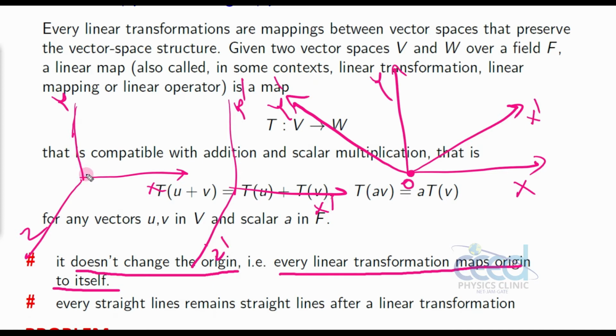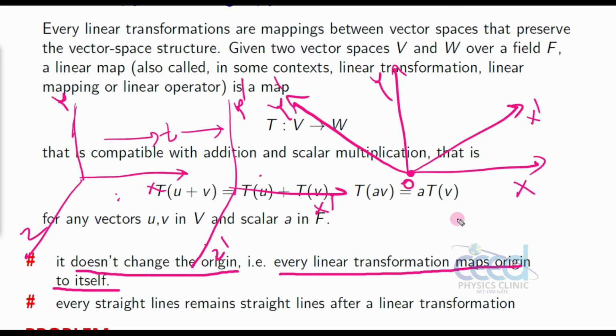Suppose initially these two frames coincide, and after some time t, this coordinate will reach here. Now if you transfer from this coordinate system to this coordinate system, if you write a transformation equation for the new coordinate system in terms of the old coordinate system, in special theory of relativity we have seen